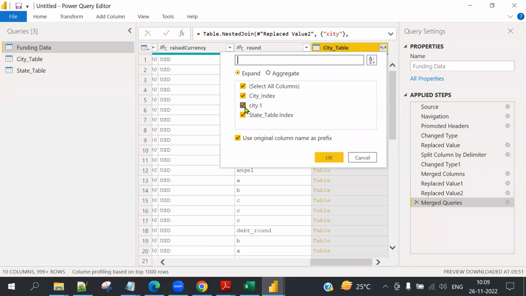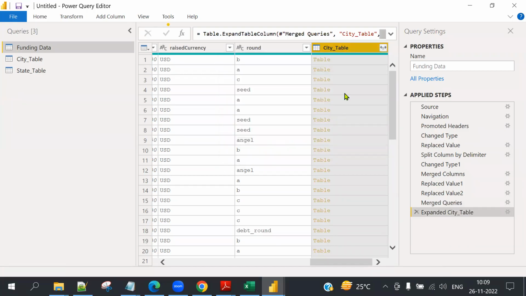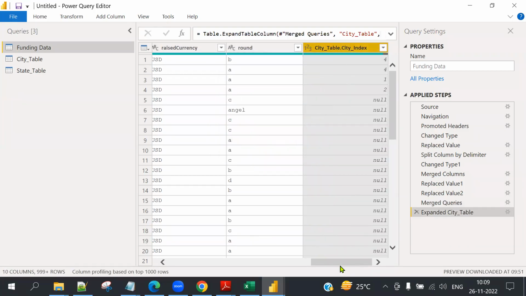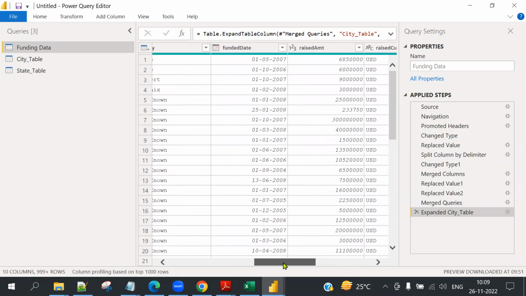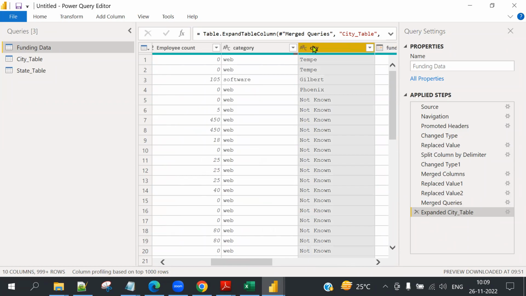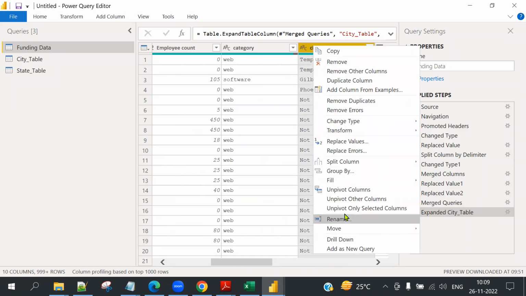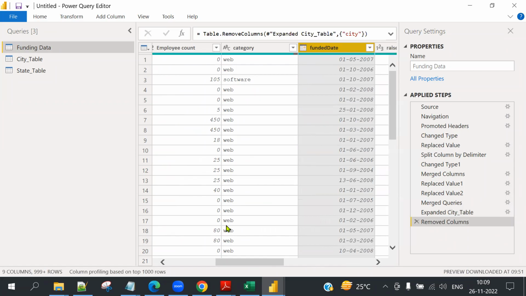Only the city column is required. So only the city index is required. Got clarity? And what is the need of this then? This is no more required. Right click, delete. So one intermediate table is created.